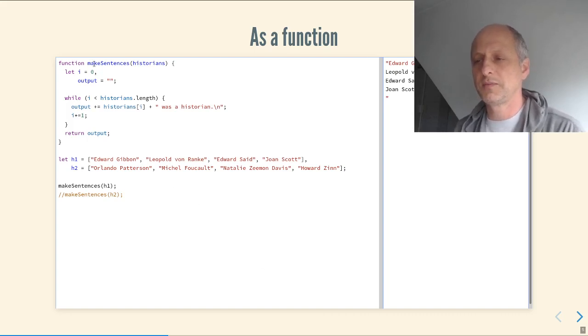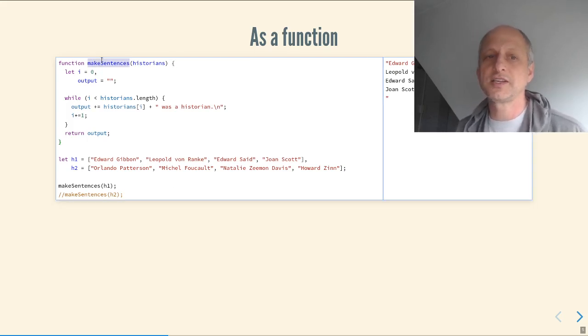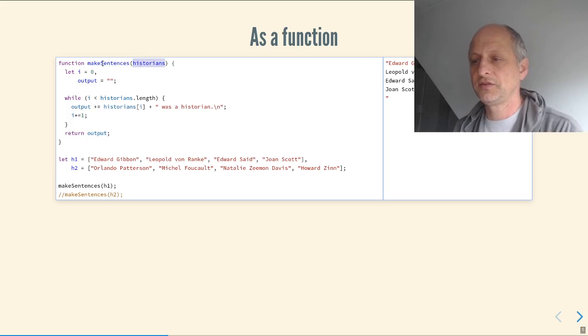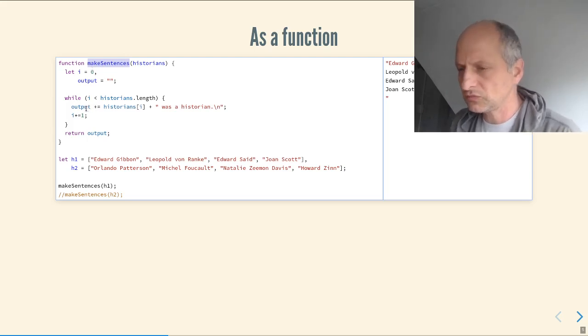So we'll write a function makeSentences, which is going to take our array, someArray, and transform that array into a set of sentences about the entities. So we'll keep the while loop structure,